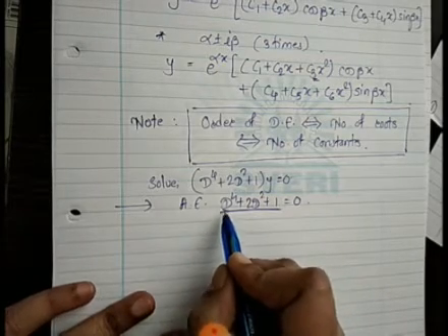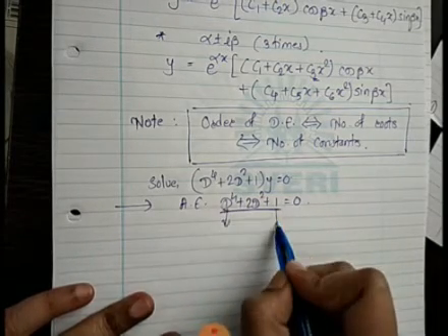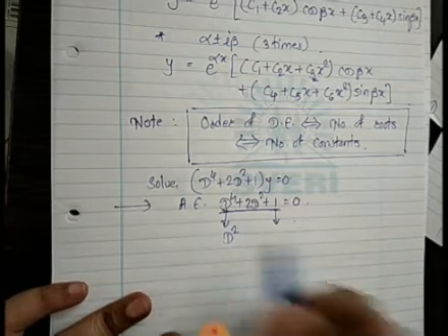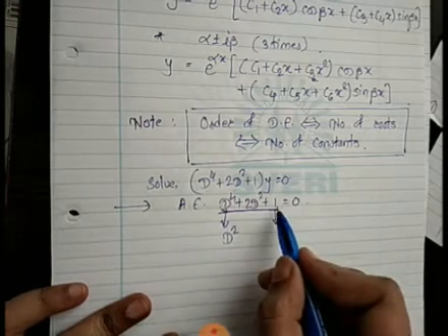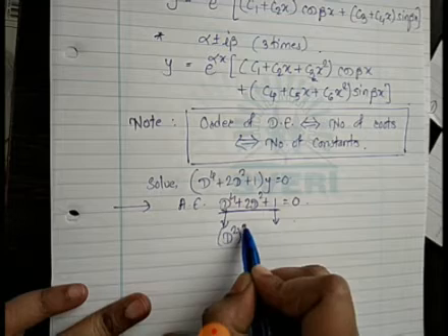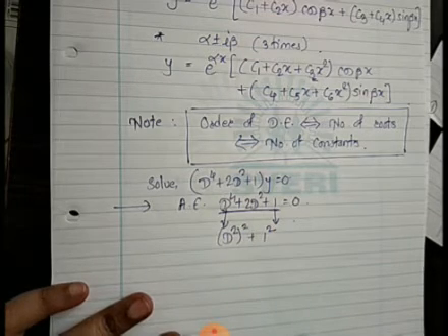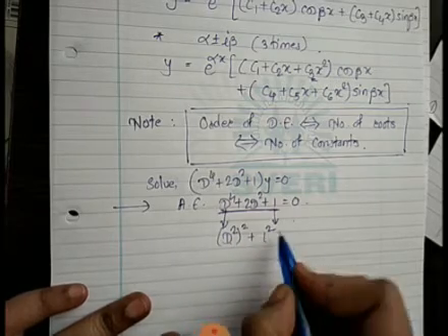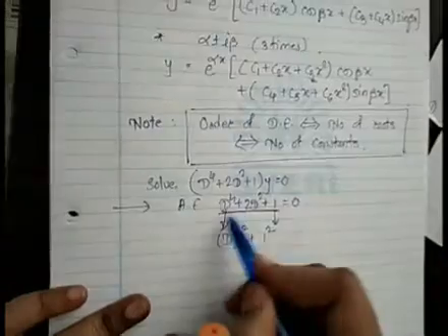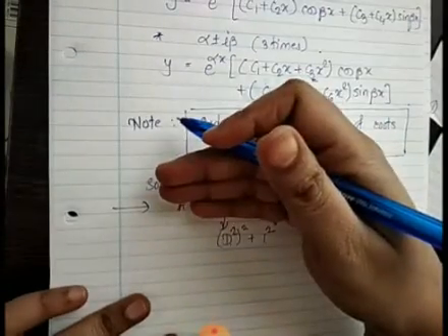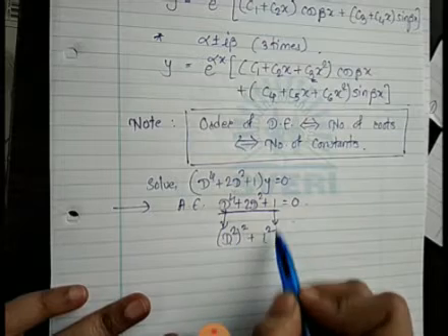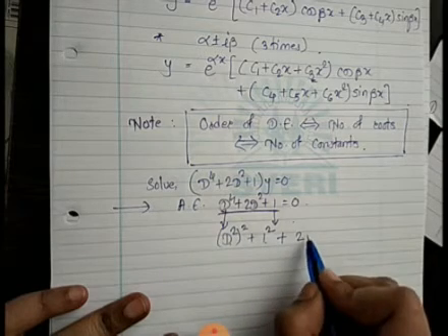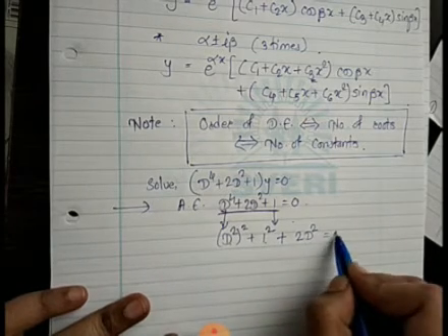So we'll check the highest order term and the lowest order term first. So the highest order term is the square of D square, right? And the lowest order term is the square of 1. And for the perfect square, this is a square, this is b square. I have just seen the highest and lowest. Remaining thing I am not taking into consideration. So highest is D square square, lowest is 1 square. To make it perfect square, we need 2ab. So 2D square into 1, that is 2D square.